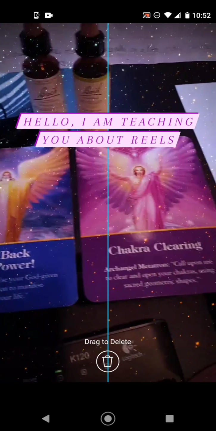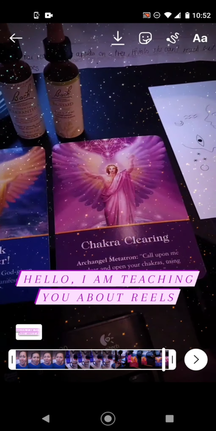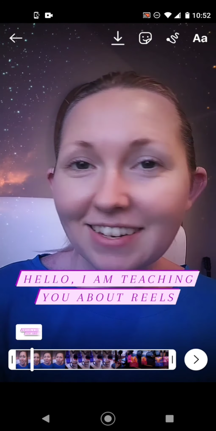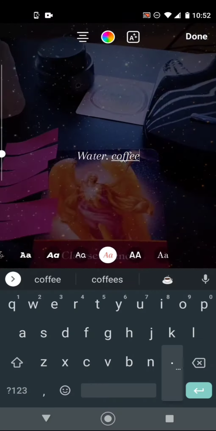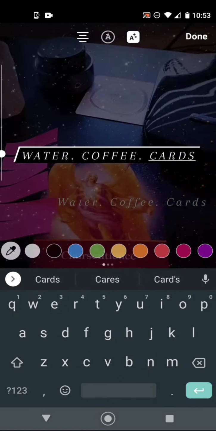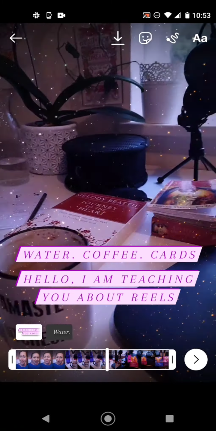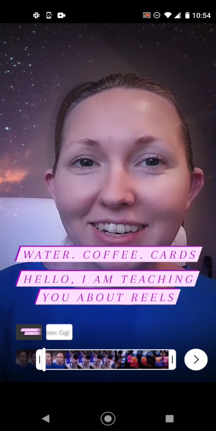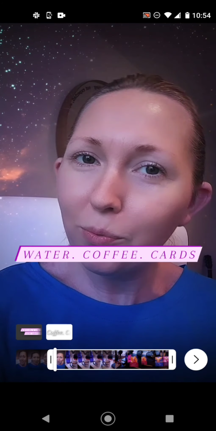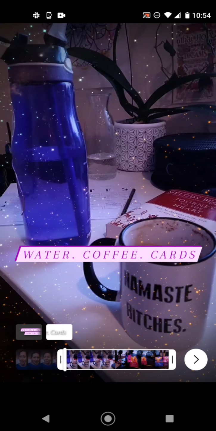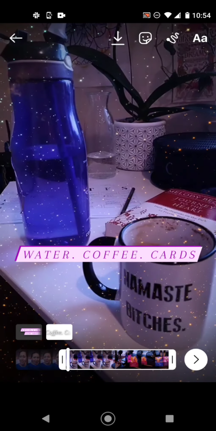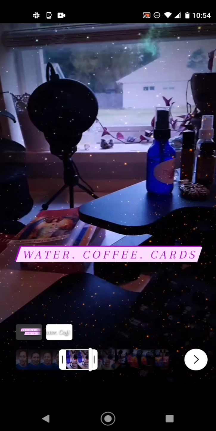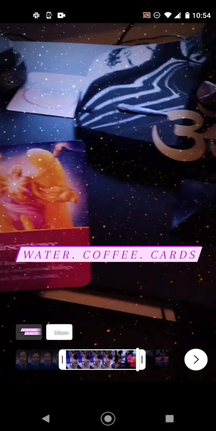And then when you find what works for you, you can move the text around to where exactly you want it. And then notice how it's selected in white and it shows the whole bar. I'm just adding some more text here. Now I'm going to select the Water Coffee Cards text that I had written afterwards, and I'm editing. So see how I'm dragging that toggle bar,